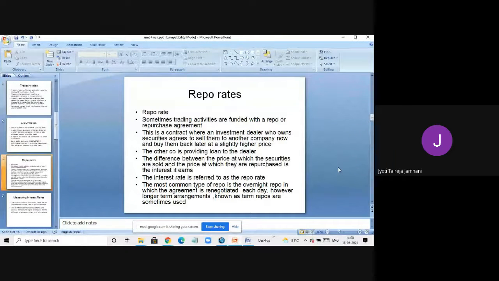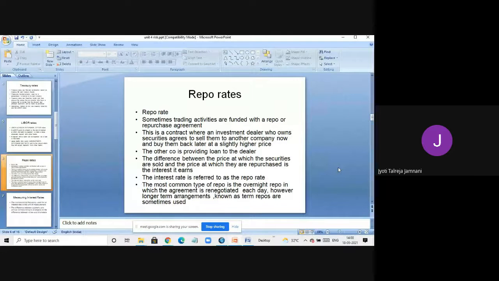So repo rate is nothing but a rate in which one party agrees to sell certain securities to another party with a promise to buy them back later at a higher price. So I have sold bonds to Pranali at 1000 rupees with a promise to buy them back after 1 month at 1100 rupees. So Pranali's gain is 100 rupees, which is the interest that she gets, and that interest is called the repo rate because we both are entering into a repurchase agreement. Now you purchase it from me, and later I will repurchase it from you at a higher price. Okay, so that is repo rate.